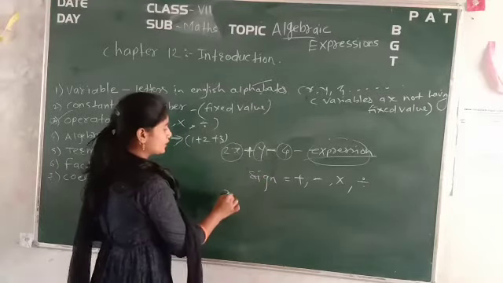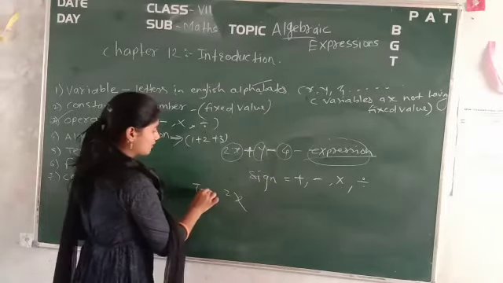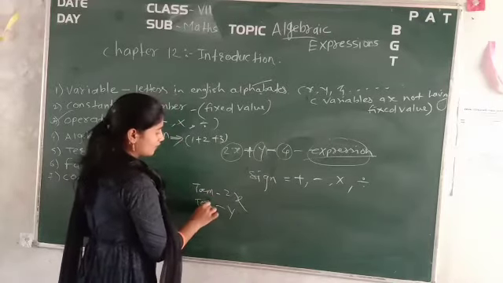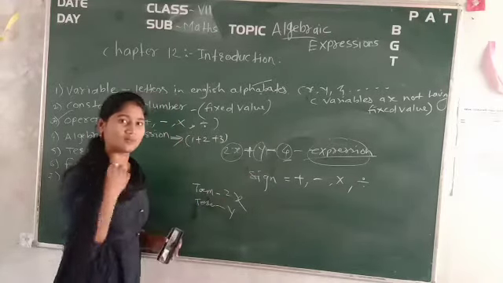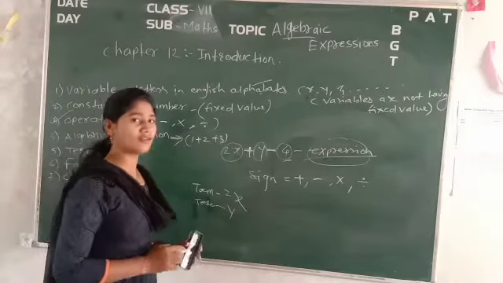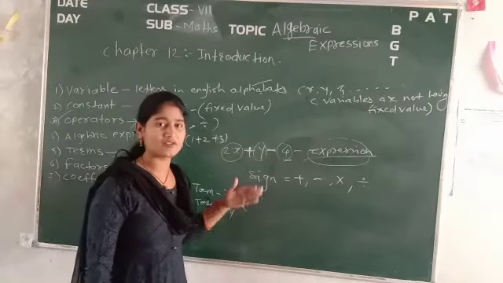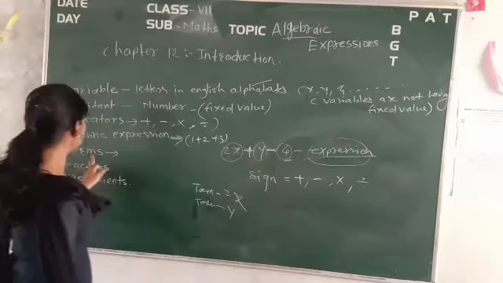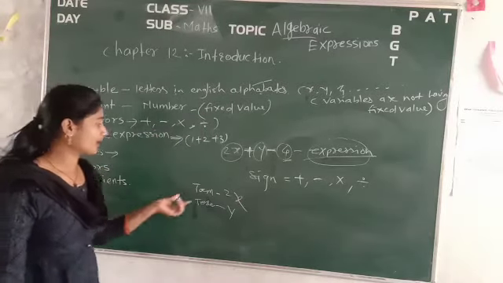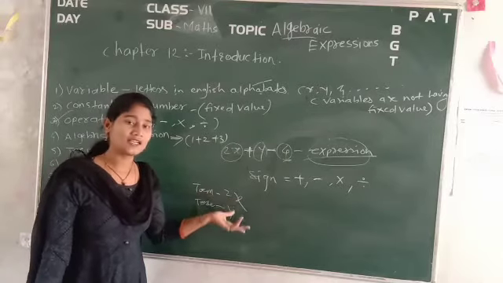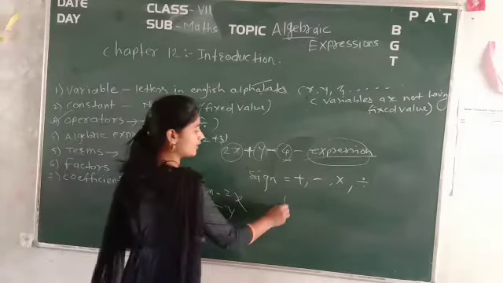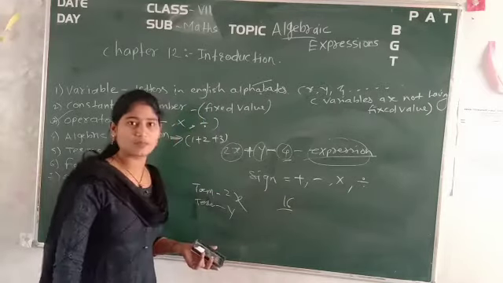So combiningly this 2x is one term. This y is also one term, the second term we can call. 4 is also one term. So in that expression we will get the terms which are separated by the arithmetic operators. That's why we call them terms. Now coming to the factors, whatever the terms are there, for those terms we have to find out the factors, that you already know. If 16 is given to you, 16 is nothing but a specific term.